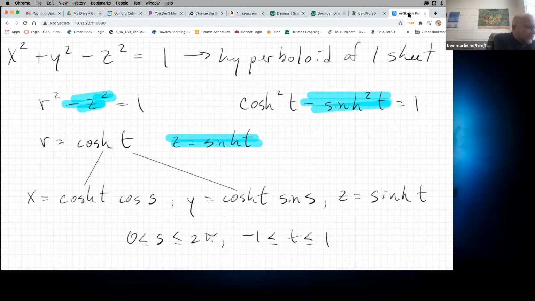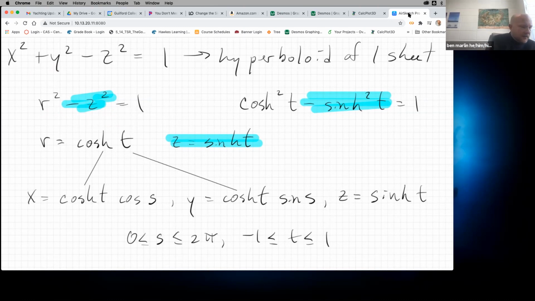And then if you convert the x squared plus y squared into the r squared, you get r squared minus z squared, which hopefully from an Algebra 2 class, or ultimately from a Calc 2 class, it depends on when you had it, you would hopefully recognize that that looks kind of like the equation of a